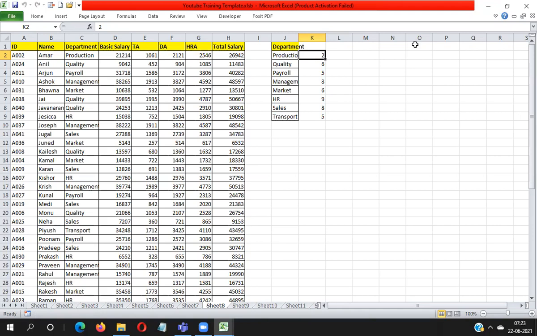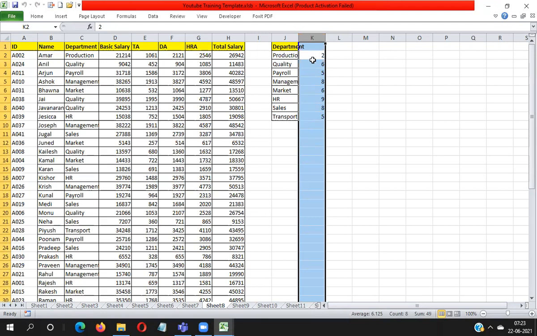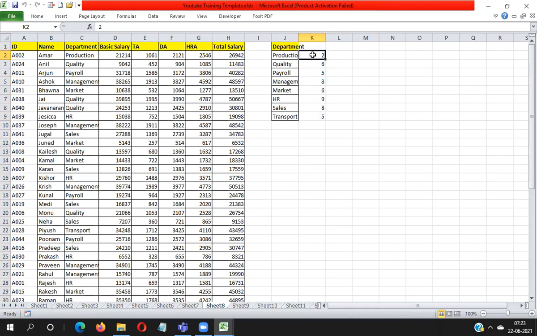Okay, so today's topic I will let you know how we can create... You can see here, in the last video I covered how we can apply the COUNTIF logic. I will not apply the COUNTIF function, but I will take output just like COUNTIF. Okay, so in this video I will let you know how we can take output just like SUMIF. So SUMIF means suppose you have department-wise data.